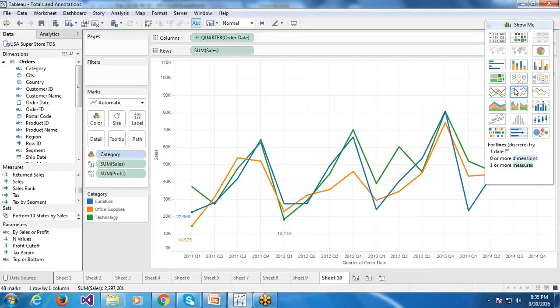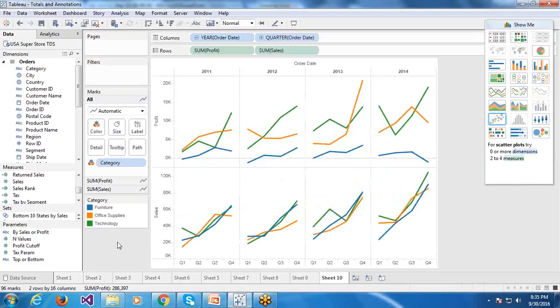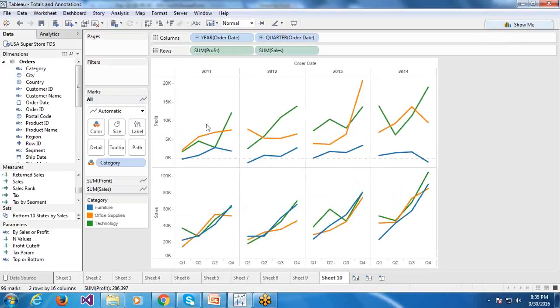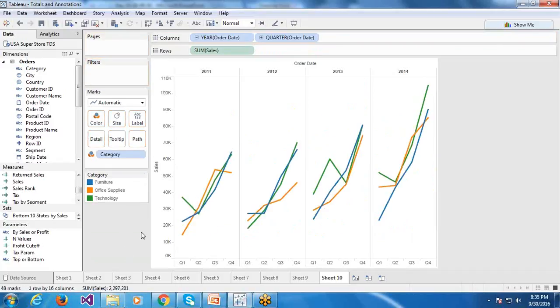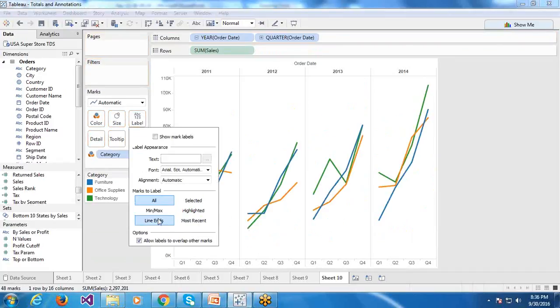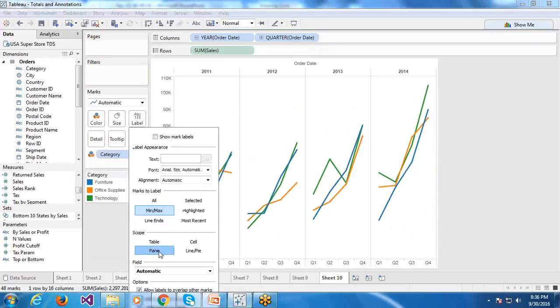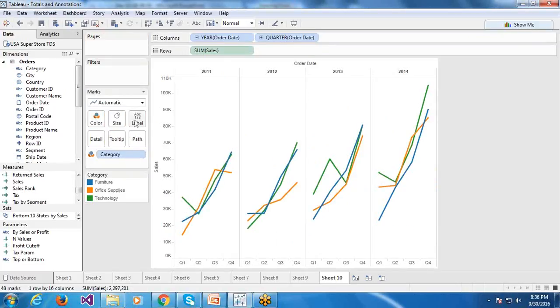So see, these are different panes, right? And let us remove this. This table only, pane, keep sales. So if you select only minimum max for pane, what happened?